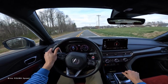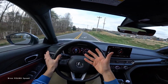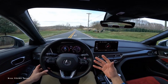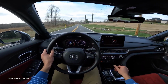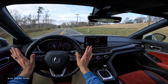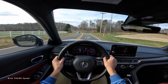But yeah, easy manual to learn on. The acceleration doesn't throw you back in your seat or anything like that, but it's peppy enough. Even though some other cars are definitely gonna be a little bit quicker than this, it gets up to speed good enough to where it can still be just fun around town. Easy to rev match a downshift. This would just be a really good first car if you're looking for a semi-luxury focused sedan that has that